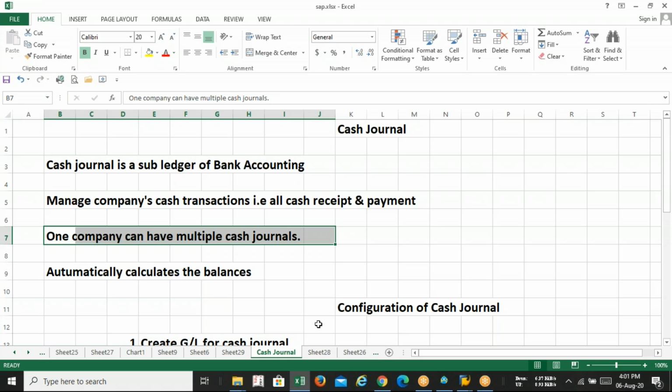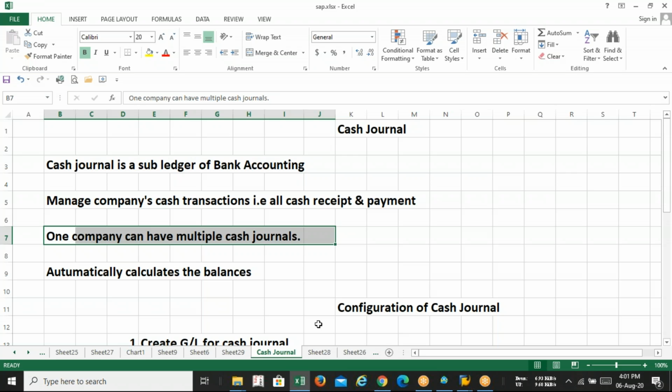So guys, just tell me one thing. If I give you a situation like this: ITC has 2 different branches in different locations, and every branch is asking for petty cash to meet their daily branch expenses. So every branch is asking for petty cash.